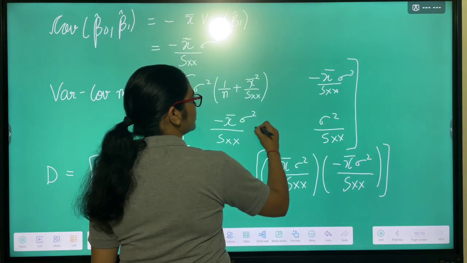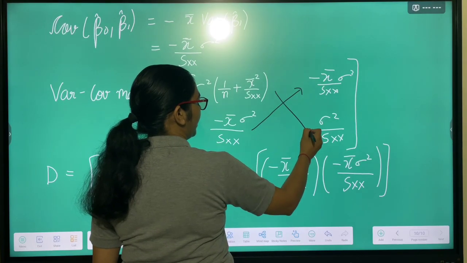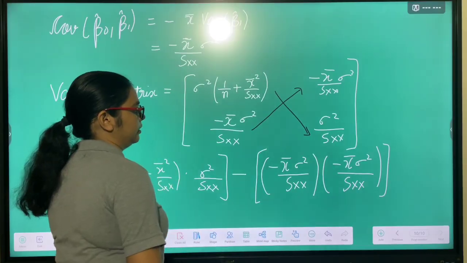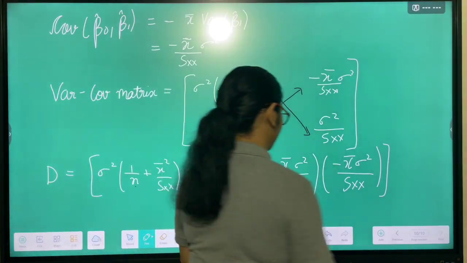The determinant is the cross multiplication of these two and these two: the left and right minus the right and left. So on multiplying,